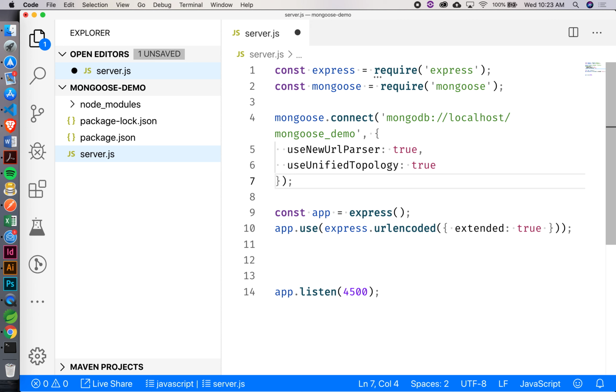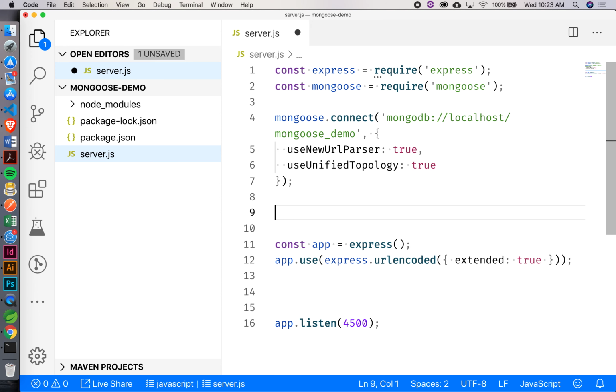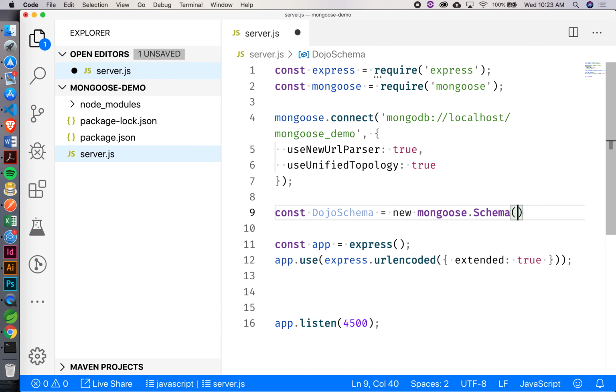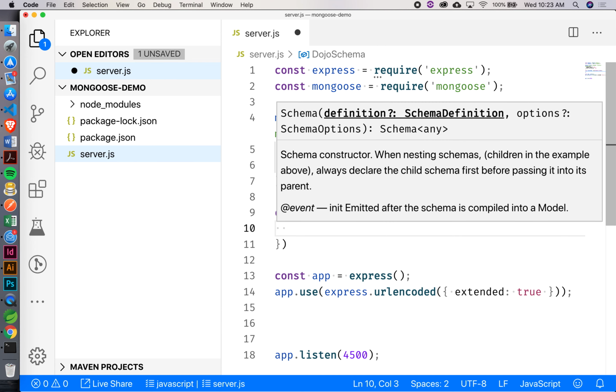Now the other thing that I need to do is create my actual schema too. So does anyone know how we create a schema? Okay, let's declare one. So we're gonna make it Dojo schema. So we'll say Dojo schema, and then what am I gonna set that equal to? So this will be a new instance, right? Mongoose dot schema, and then inside there I can actually provide the fields that I'm expecting the schema to accept,